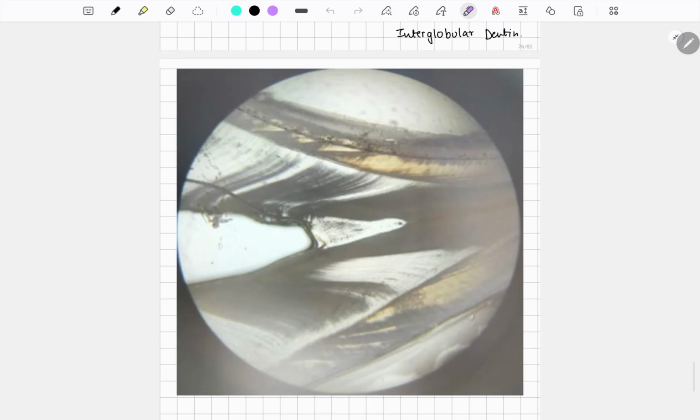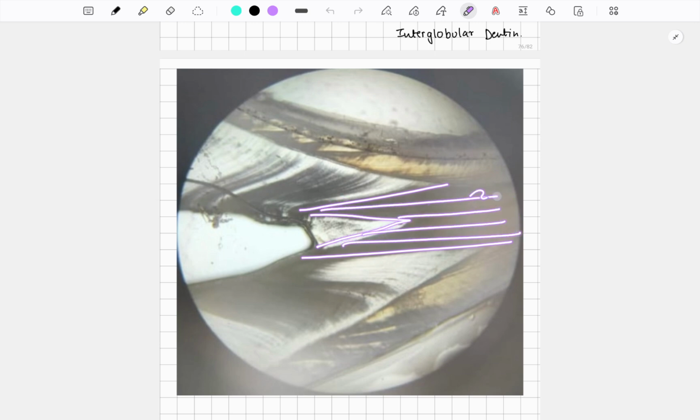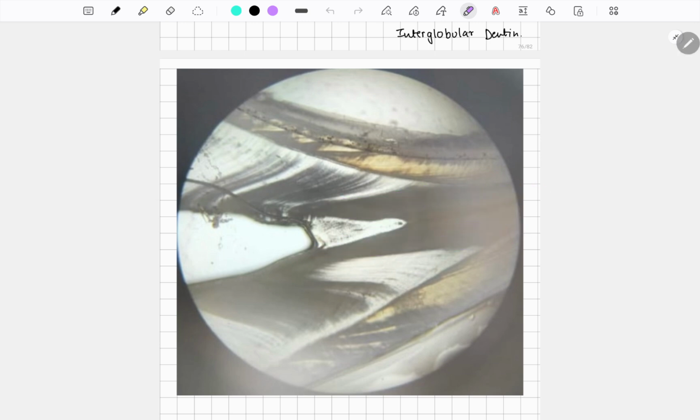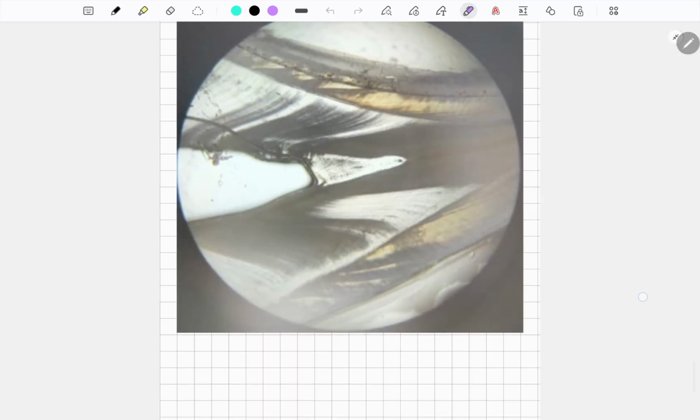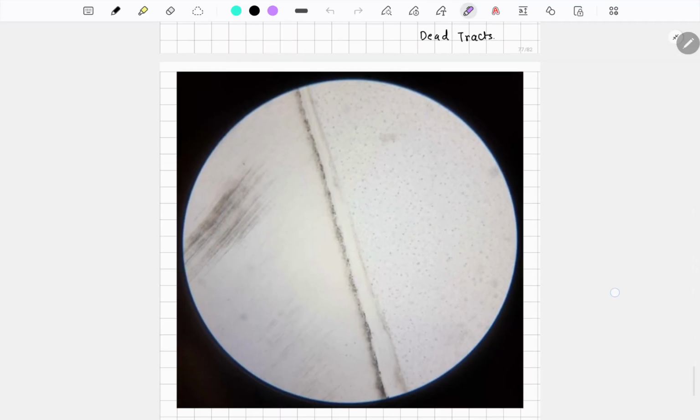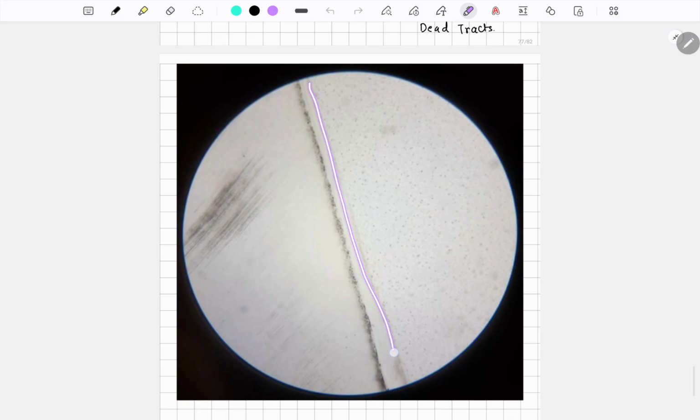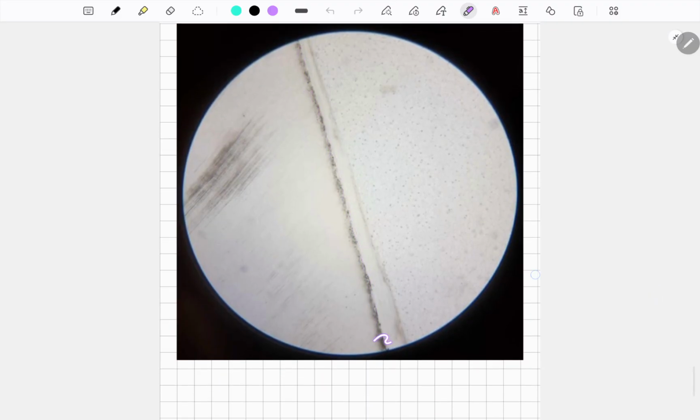This slide shows dead tracts. These are dead tracts which contain dead odontoblastic processes. And these are dead tracts in transmitted light, because in transmitted light it is seen black and in reflected light it is seen white. Moving on to next, this you can write acellular cementum also. As you can see, this is acellular cementum and just beneath the acellular cementum this layer is Tomes granular layer. So you can write Tomes granular layer also or acellular cementum also. This part is dentine, as you can see.